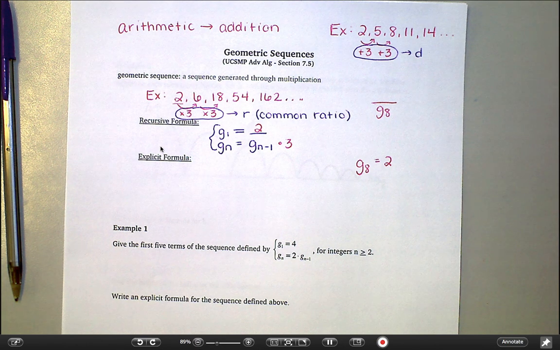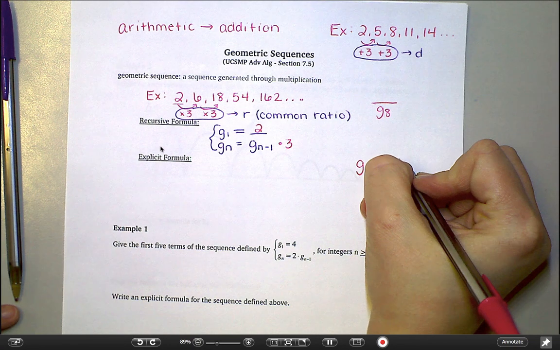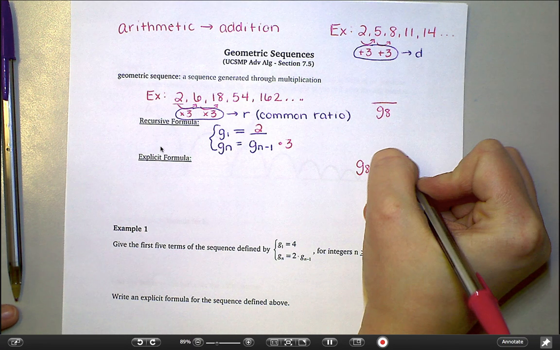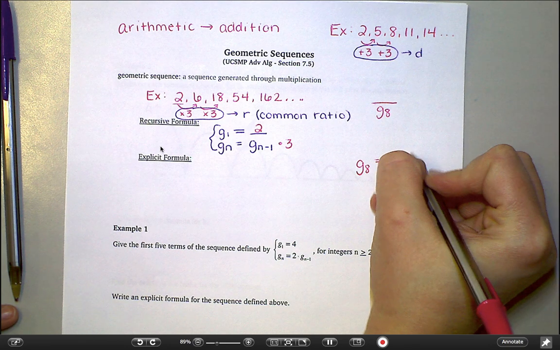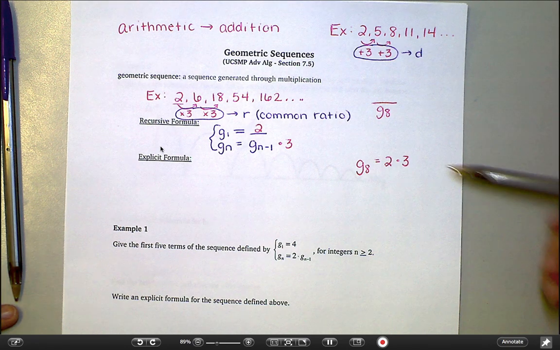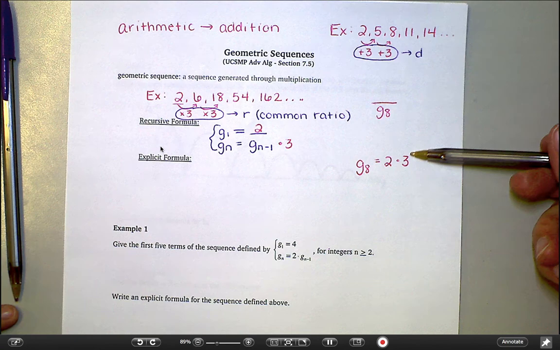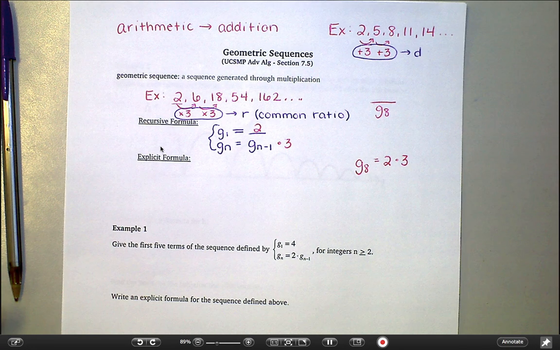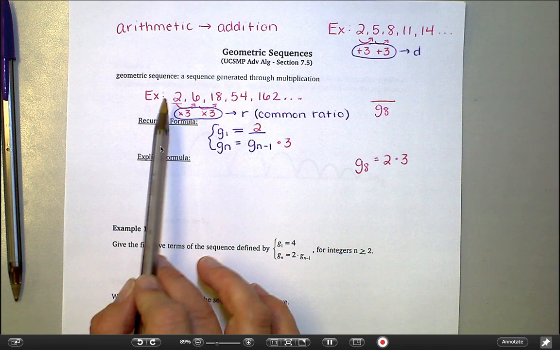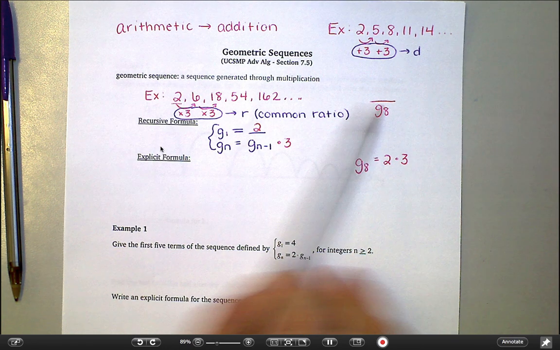First of all, if you're multiplying by something over and over again, that's really going to be using an exponent, right? That's what exponents represent, repeated multiplication. So I'm going to multiply by 3, and then up here in the corner, where the exponent goes, I'm just going to say how many times I need to multiply by 3. So in the case of term 8, to get from term 1 to term 8, I would need to multiply